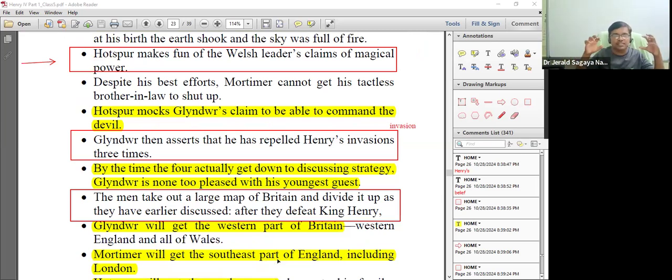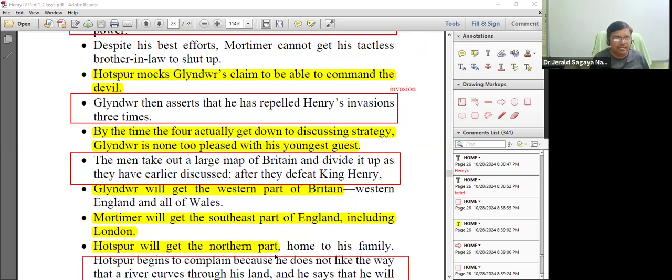Because we are allies. We are coming together to fight Henry the Fourth. When Henry the Fourth is defeated, his kingdom has to be separated among 3 people. And what is the idea given by Glendower? Owen Glendower says, I will take up the western part of Britain, that is the western part of England and